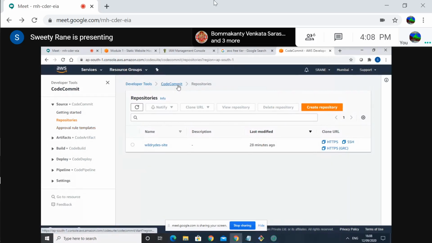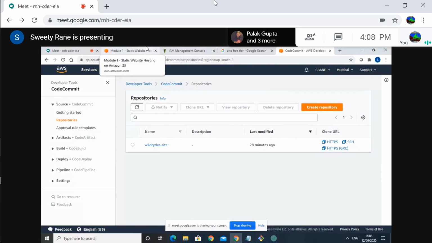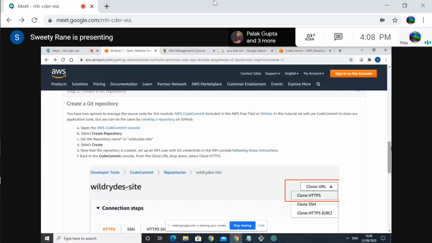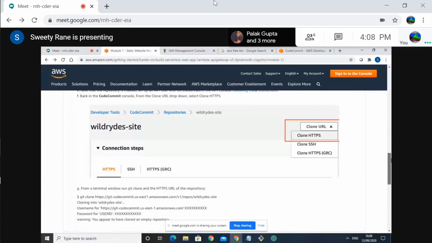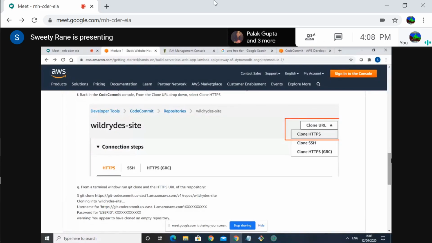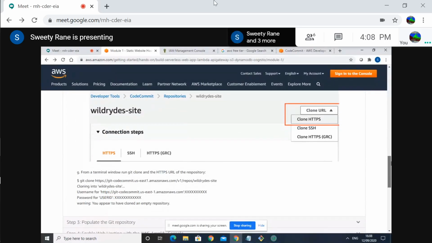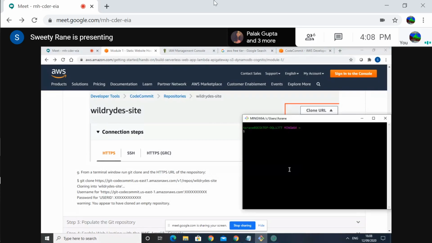No, the lab. Go back to your lab, which is static website hosting. I'm sorry if I'm confusing you, but we are moving left and right. Now you have to clone that repository, as per whatever name you copied. Git clone with the repository you copied, in the Git Bash terminal.